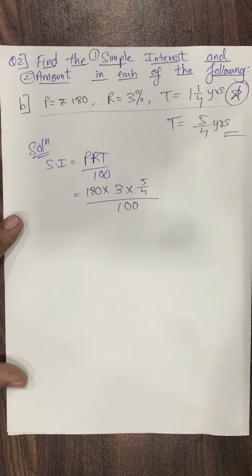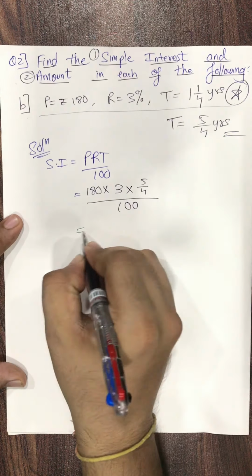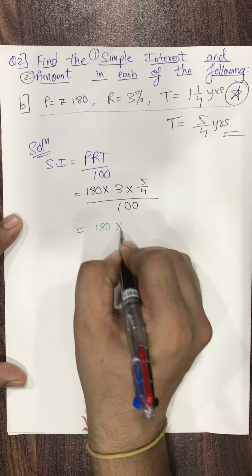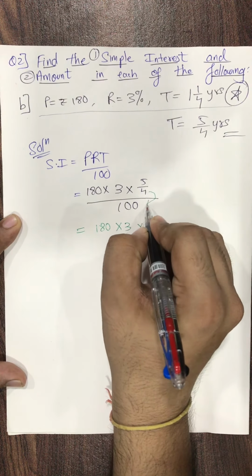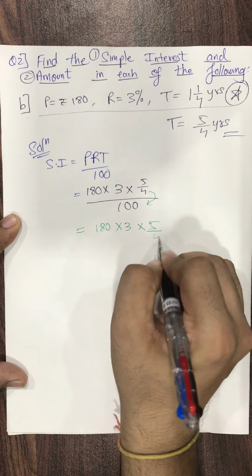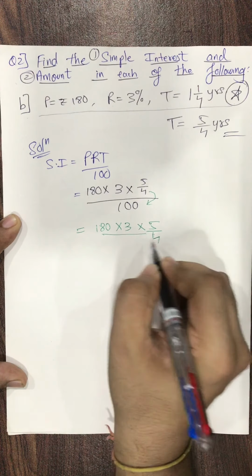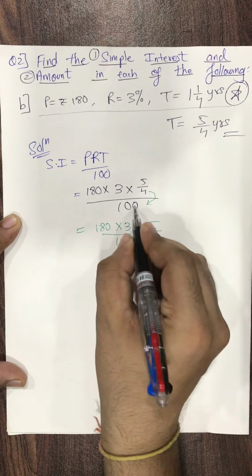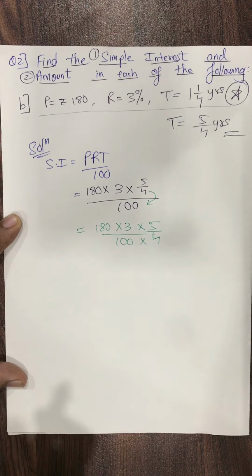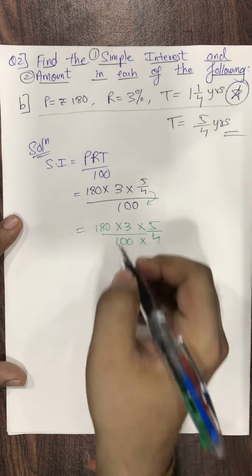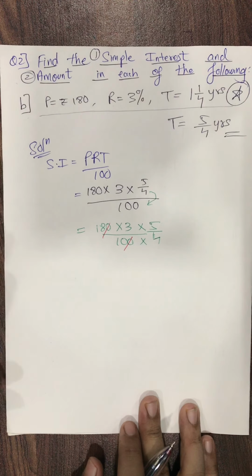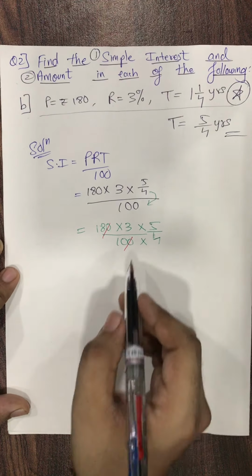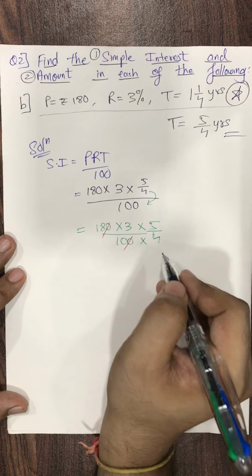Now students, see here please. It is equal to 180 multiply by 3 multiply by 5 upon 4. This 4 I'll send down, so it will be multiplied with this 100. Now let's do the cancellation. This 0 cancels. Deliberately I have picked up this sub question B, because it's a good sum. 0 cancels. Now what more I can do?